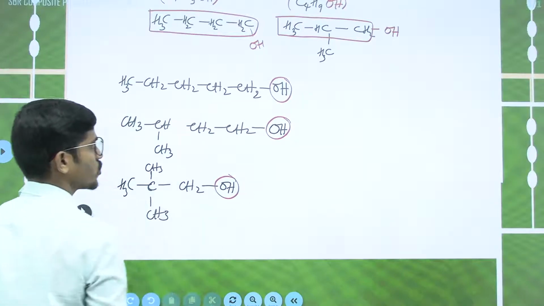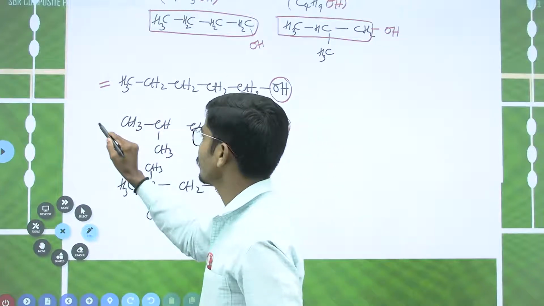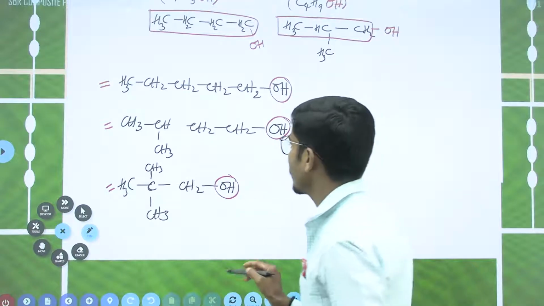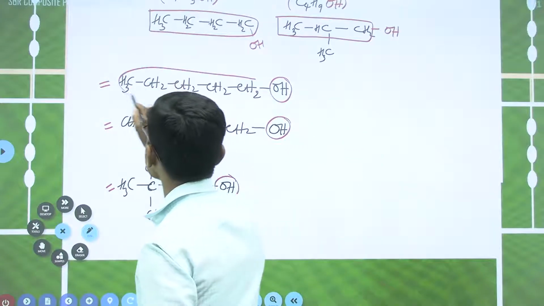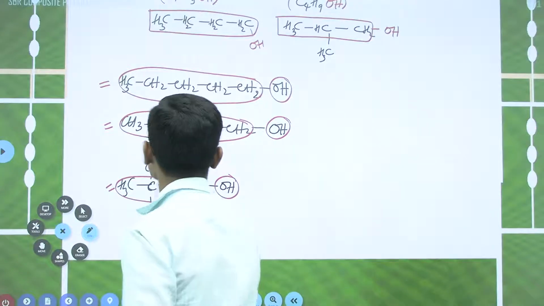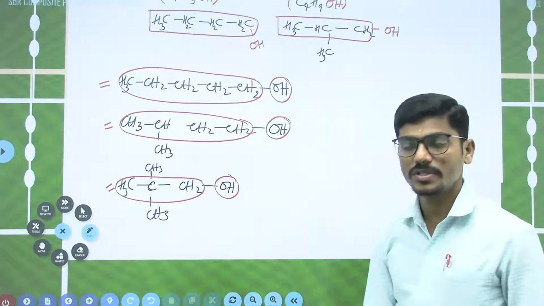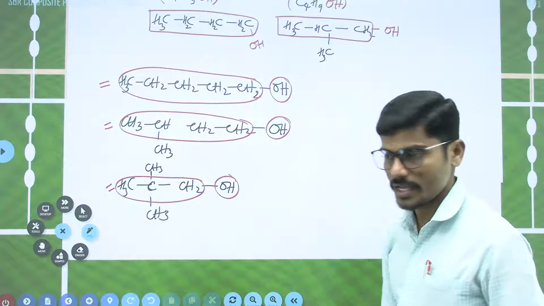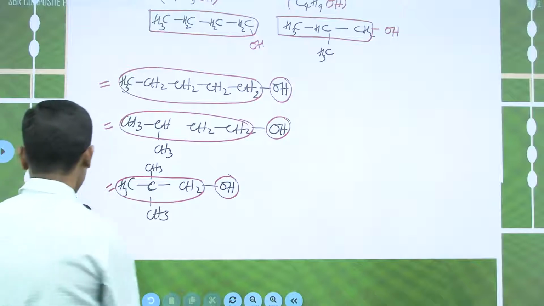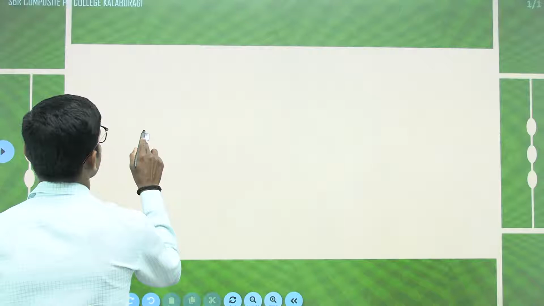Look at this, these are the chain isomers of each other, because they are compounds having the same molecular formula and the same functional group, but they differ in the parent chain, that is, the carbon chain: 5 carbon atoms, 4 carbon atoms, and 3 carbon atoms in the parent chain. Therefore we can say alcohols can exhibit chain isomerism, because there is a difference in the carbon chain. Now the next one is